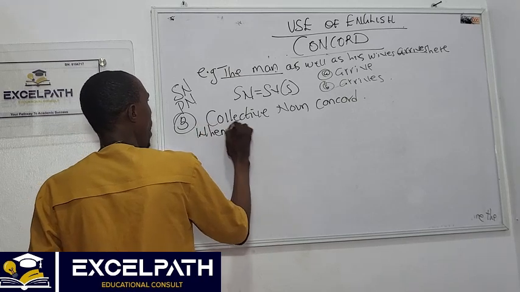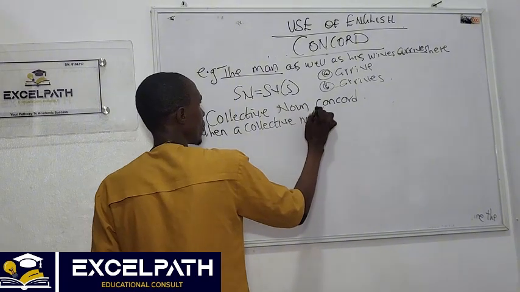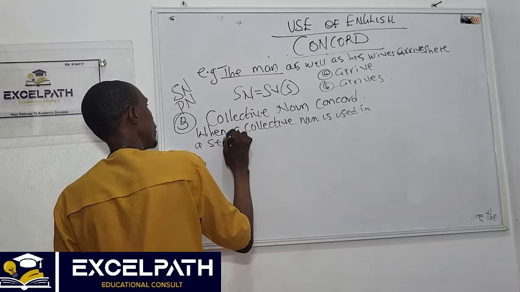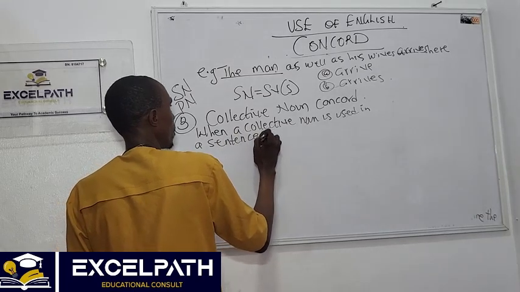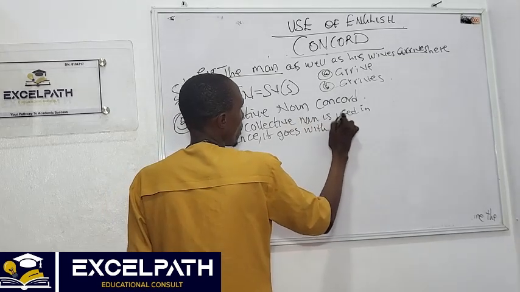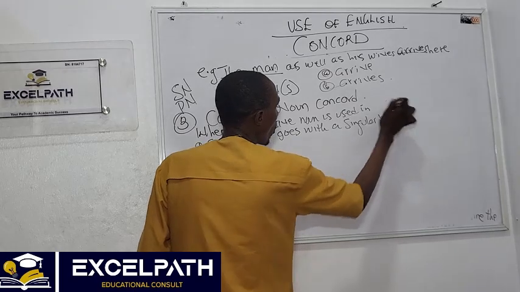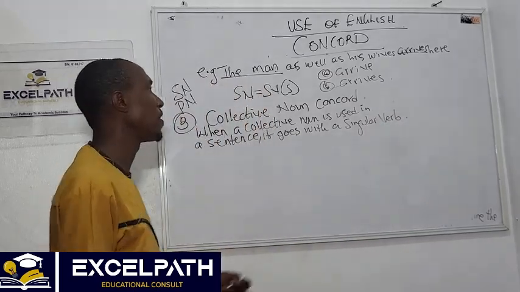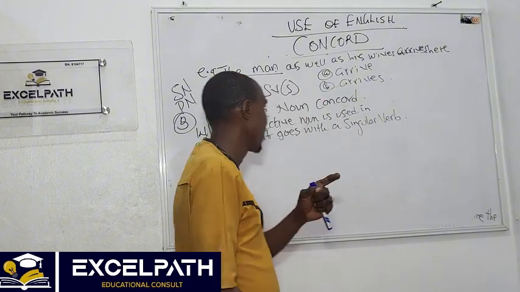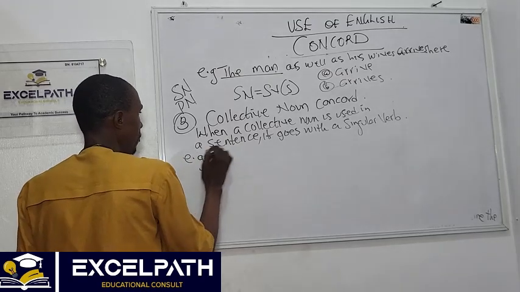When a collective noun is used in a sentence, it goes with a singular verb. It goes with what? A singular verb, which means the verb you are going to supply must carry S. E.g.,